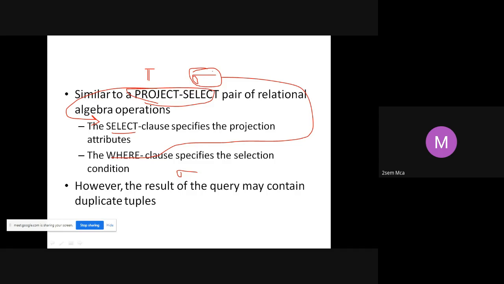Sigma of relational algebra is equivalent to the where clause in SQL. Project, that is pi, is the same as select in SQL. You have to remember this very well. Otherwise, don't get confused. Both are called select, but they vary. Right?